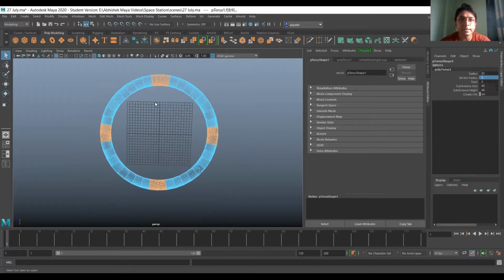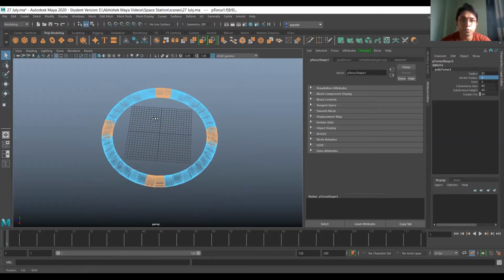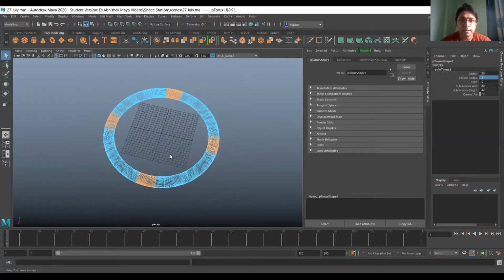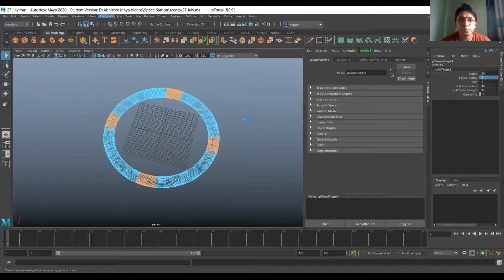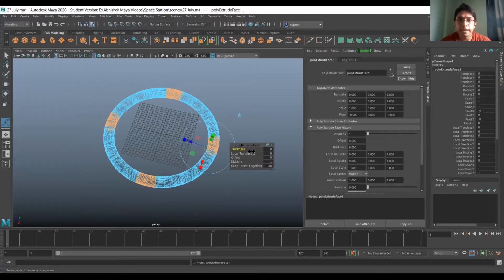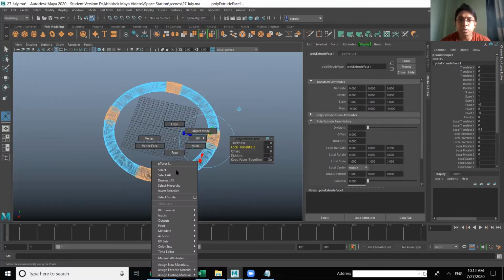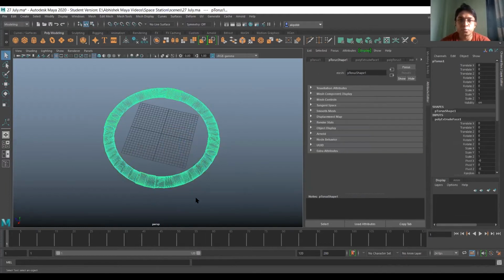So I have selected these 4 sides, opposite 4 sides, and then I'll go to edit mesh, click on extrude, and in local translate Z, I'll give the value 0.2, enter. That's it, done. Right click on it and go to object mode.